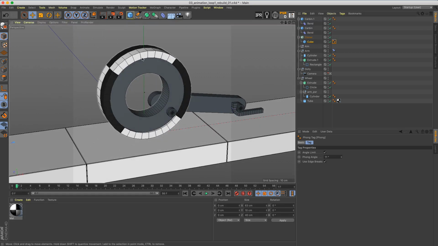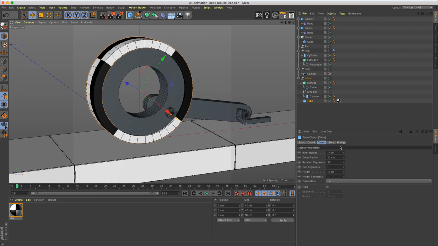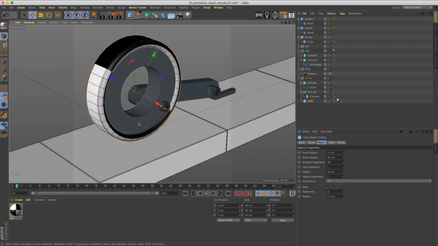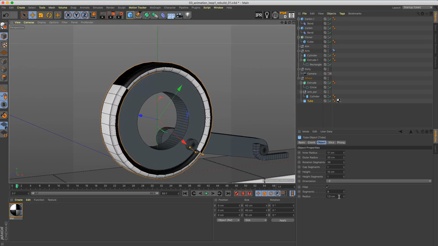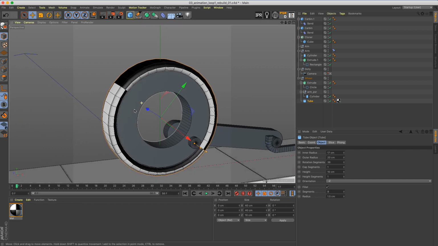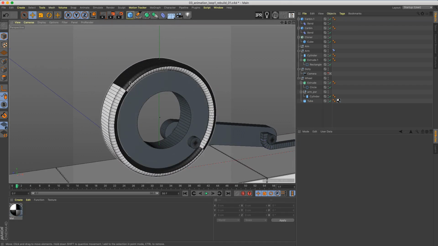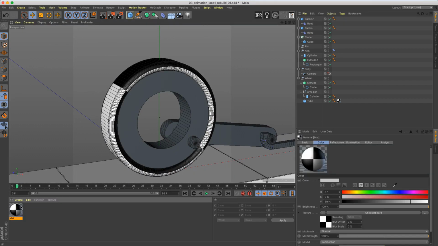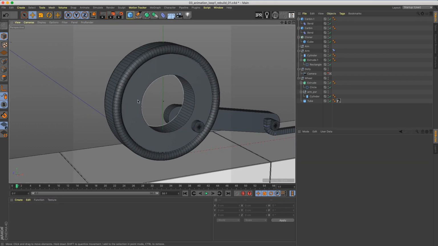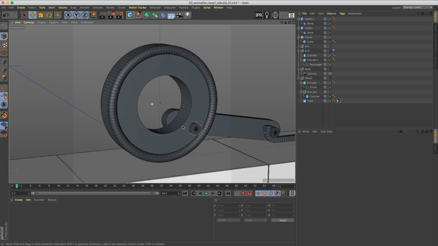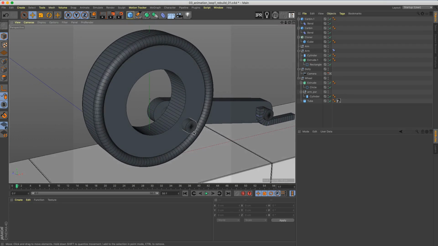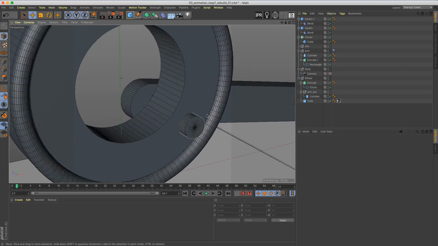So let's just start and make the wheel a little bit more wheelie, and we add a fillet, and we need some more subdivisions as well, or segments. 120 will do, and we can actually take away this material now as well. Good. And if we really want to go nitty-gritty, we would like to have this cylinder inside of a hole here,